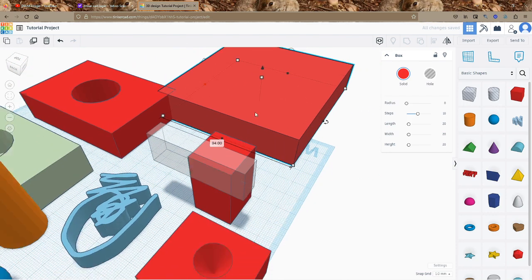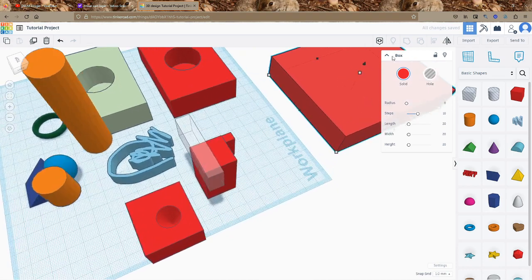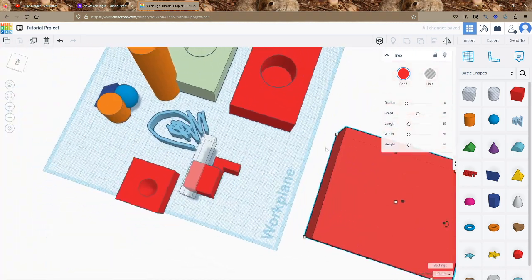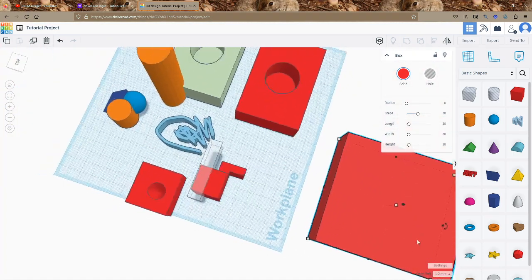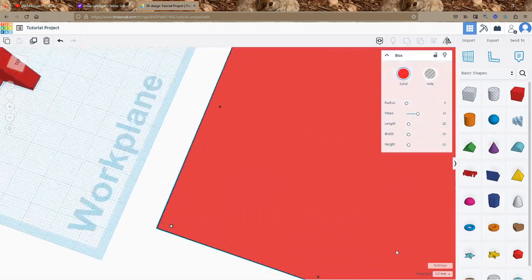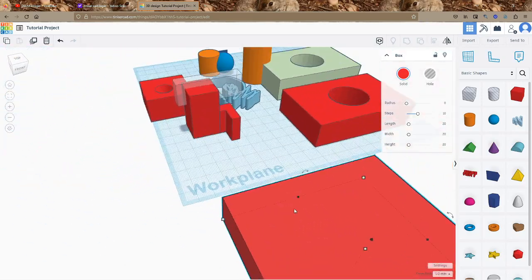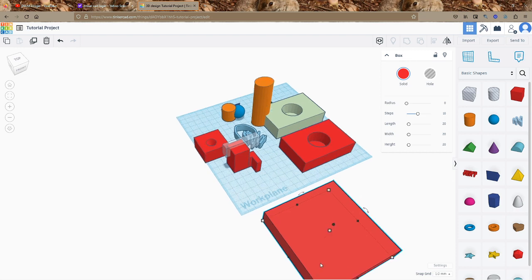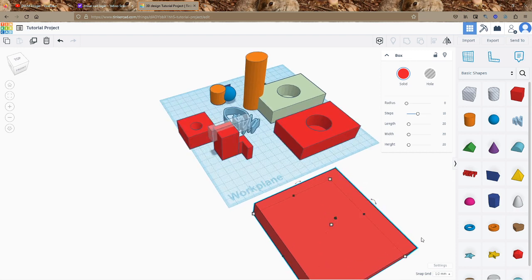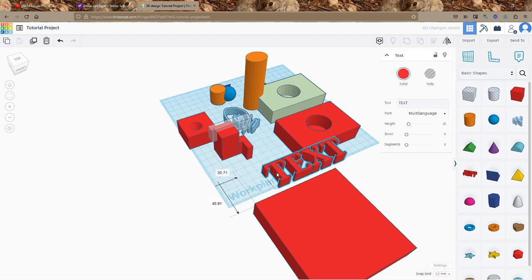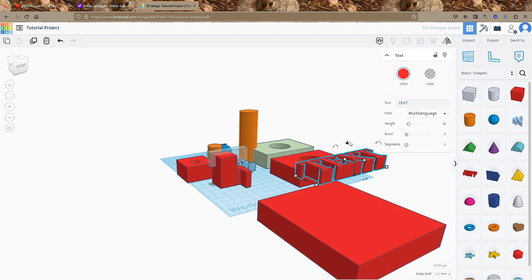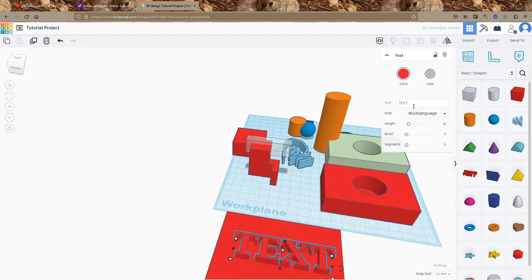Normally this is the work plane, but we're just going to make its own thing. There are some things I forgot to clarify in the last video. First is text. All you have to do is just put the text thing down. Pretty simple. Just drag the arrow, and then all I have to do is just